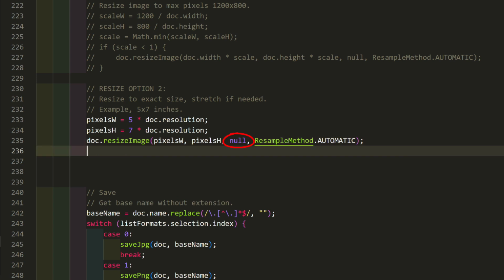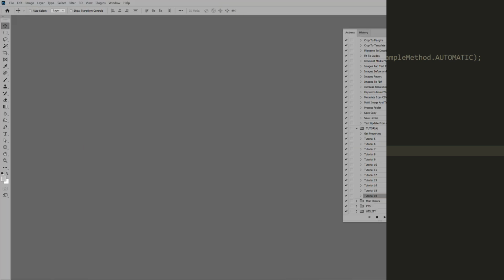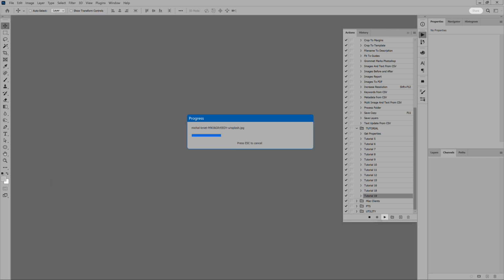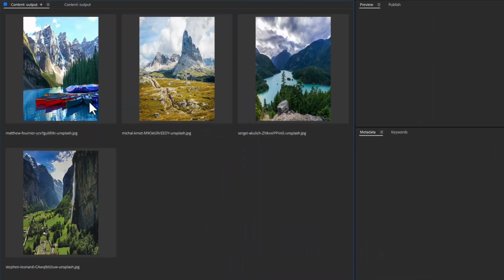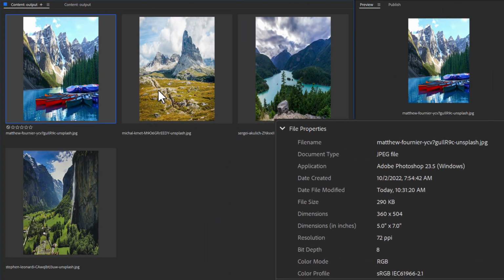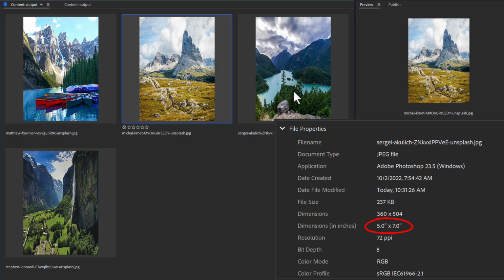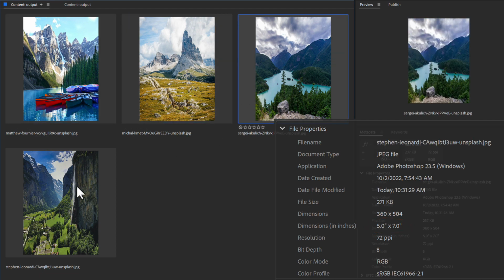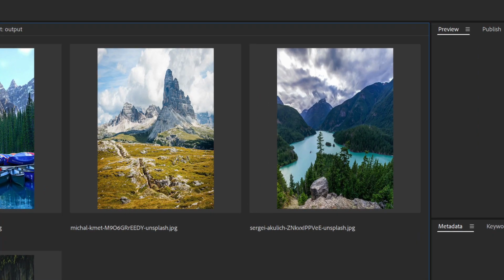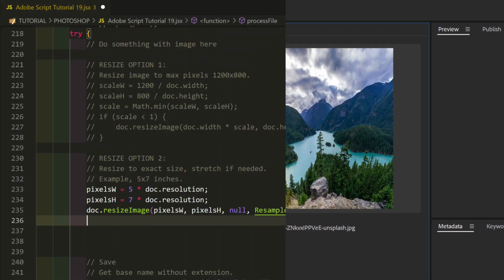Again, the third argument is null because we're not changing the pixels per inch. Save the script, then go to Photoshop and run it. When done, view the results in Bridge. The images are precisely the desired size, but notice now they are distorted. The third option is probably better.